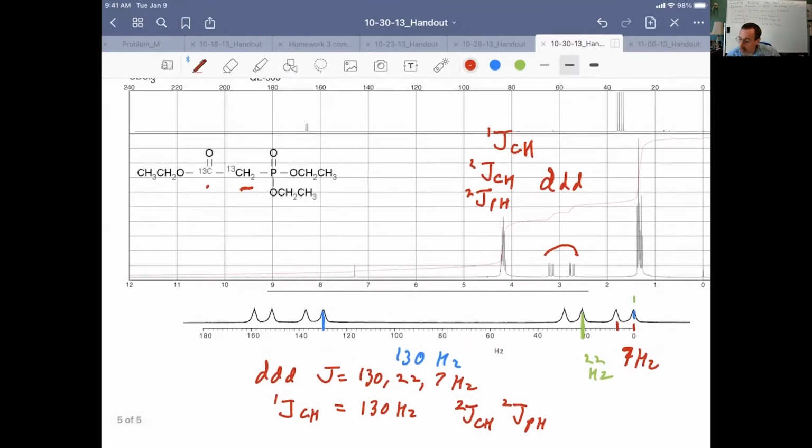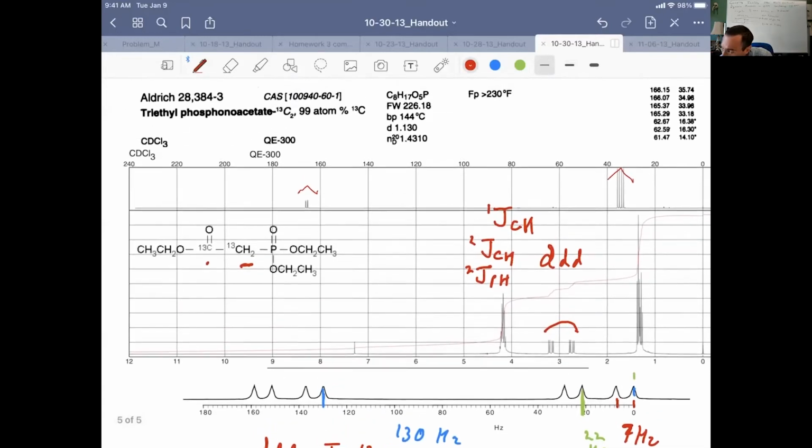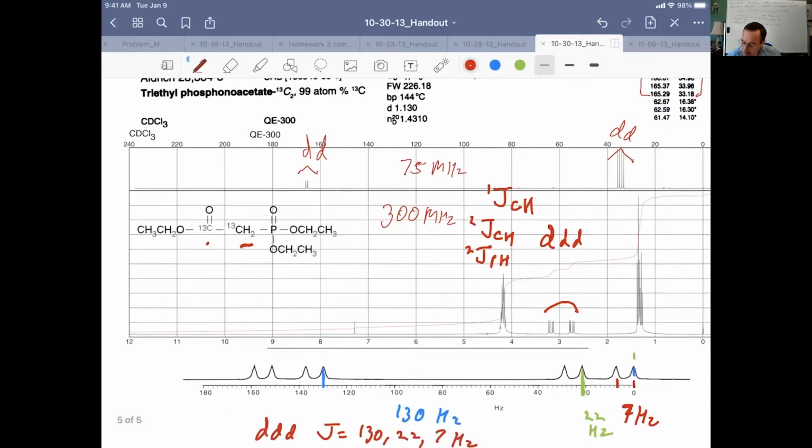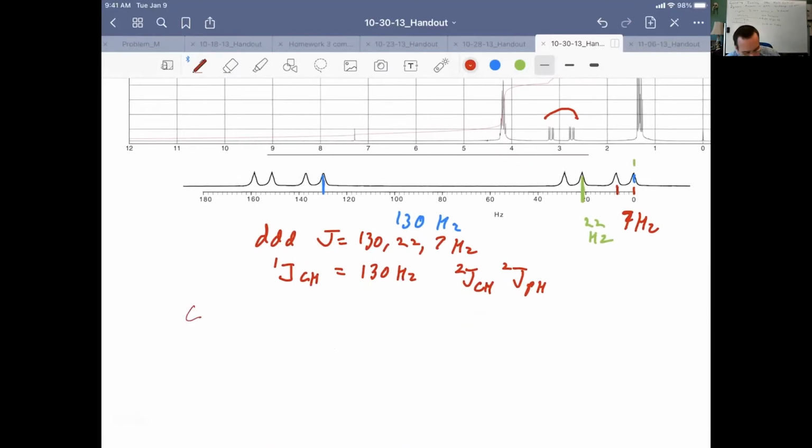But we can also get it from our carbon NMR spectra, and we can analyze these lines in the carbon NMR spectrum just as well, and maybe that's a nice way to do it. So if we look at our carbonyl peak over here, and we look at our methylene peak over here, and we look at our peak printout here, we see that each of them is a DD. And remember, on all of your Aldrich spectra, the H1 NMR is 300 megahertz, and the C13 NMR is 75 megahertz. So in our DD for the carbonyl peak, I'll take lines 1 to 3, and that's 166.15